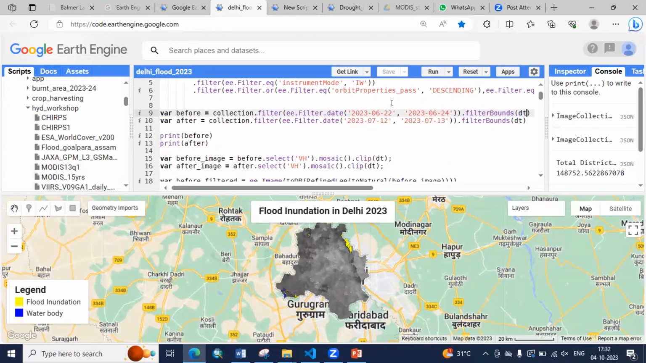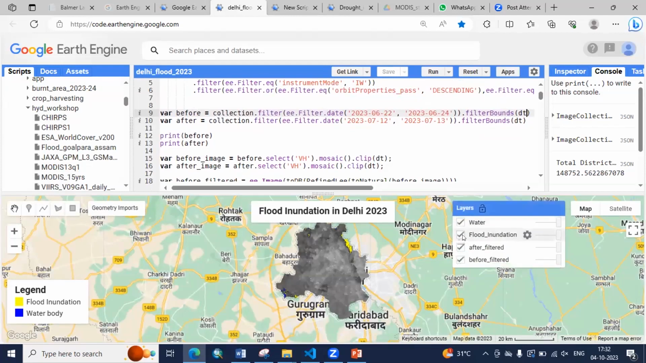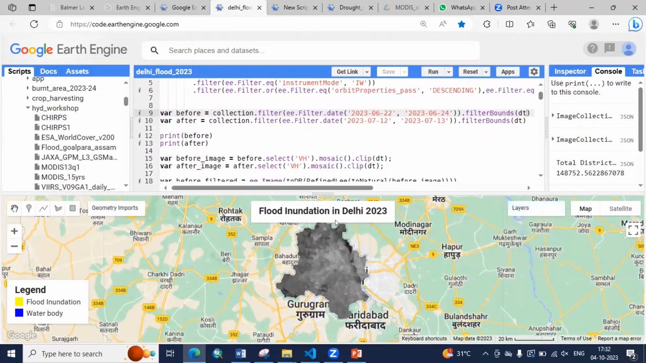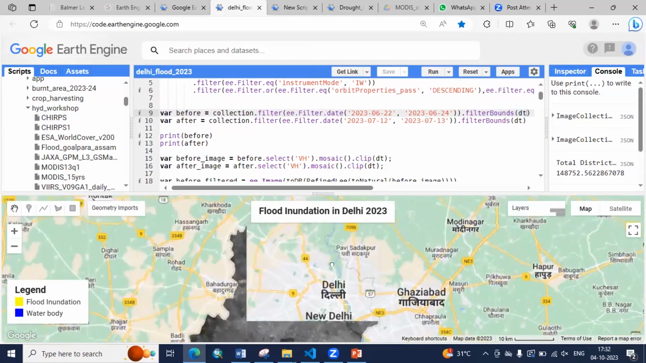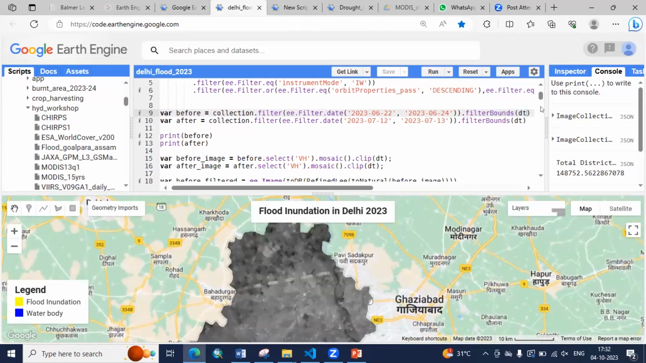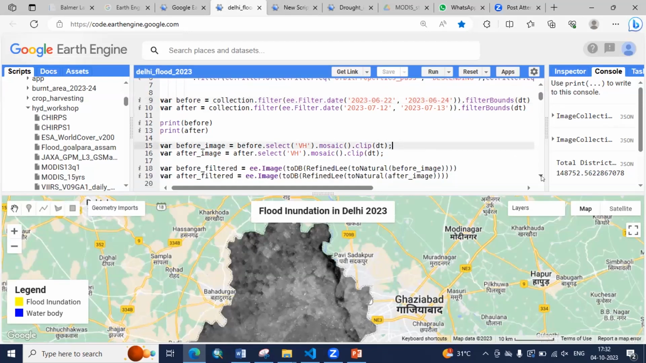So you'll have the before and after image periods. You can load those images, as you can clearly see here. This is the part, the Yamuna river bed is here. You have to first find out the area where flood has occurred this year due to the heavy rainfall. So you have to figure out the before and after images, and then